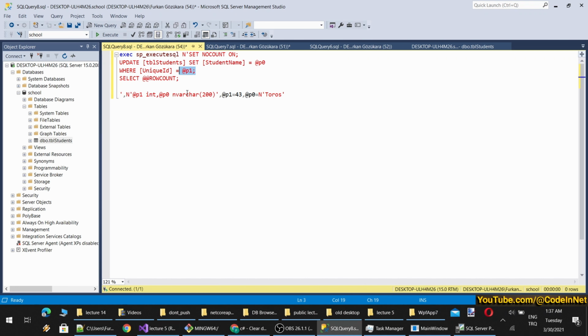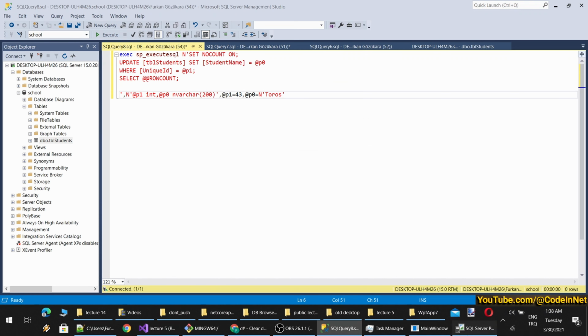So it is expecting a unique ID to work if you are working with Entity Framework. It may also work on tables where you don't have a unique ID, but then you cannot bind it as a source. If you want to bind it as a source, then you have to have a unique ID, otherwise it doesn't work. And here you see P1 is equal to the integer value 33 because it is the variable, and this is Toros.